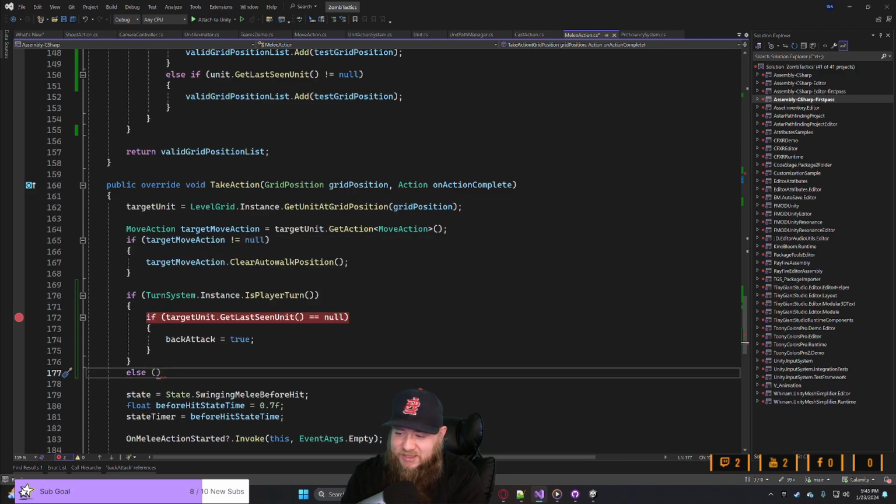We'll see. I may take it out, but just think about that. I can have an enemy that's constantly trying to sneak up on you and will not shoot and just keeps trying to get closer, and you're not paying attention and you're not listening. Then you could get back attacked. So if unit dot get last seen,